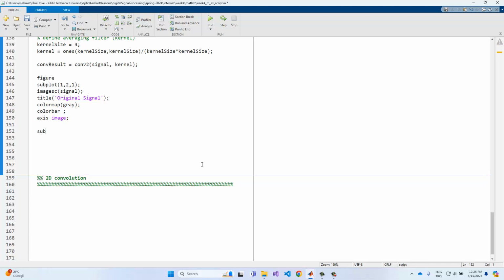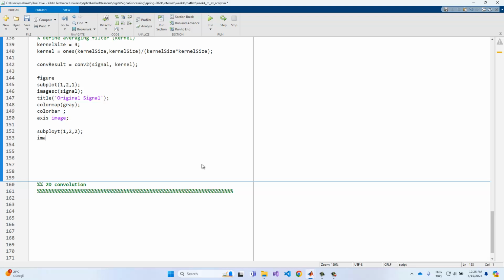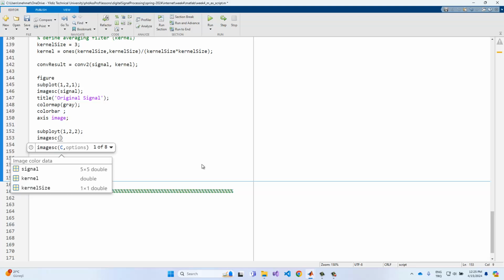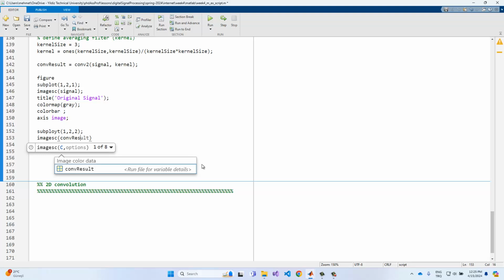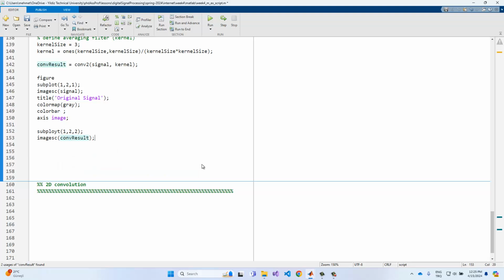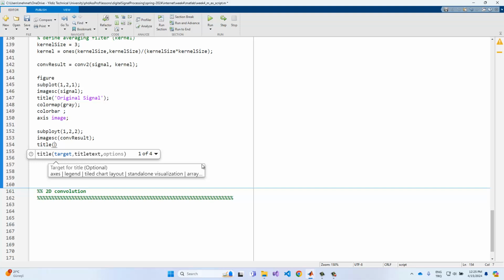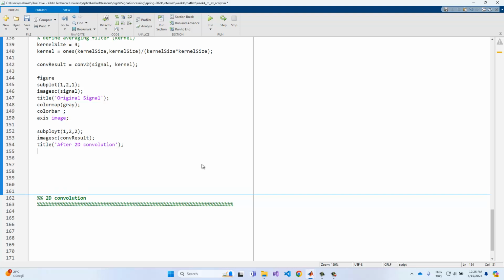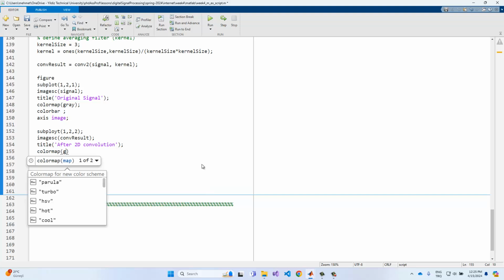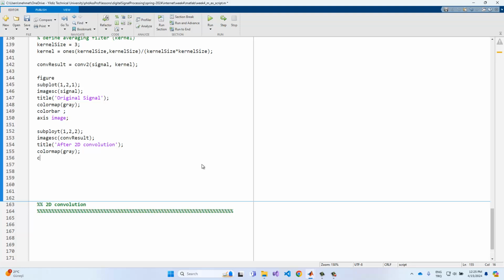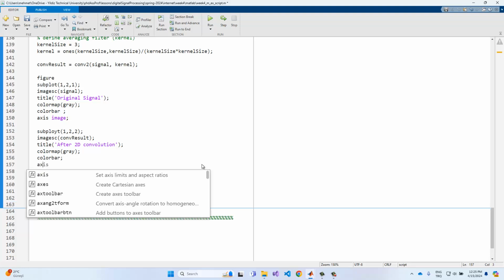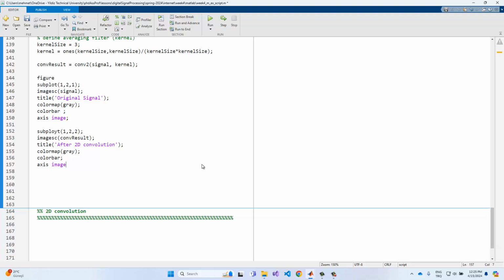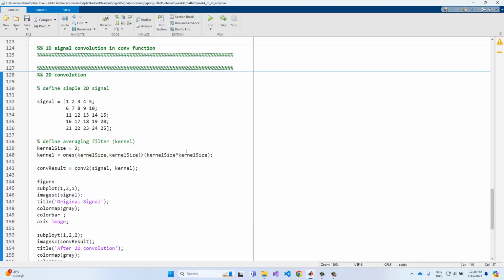we can define the subplot 1 2 2, okay. Imshow, the convolution results must be given at this time, okay. And the title is after 2D convolution, okay. And the color map should be assigned with the gray value, and the color bar and axis image should be given in here, okay. After this operation we need to